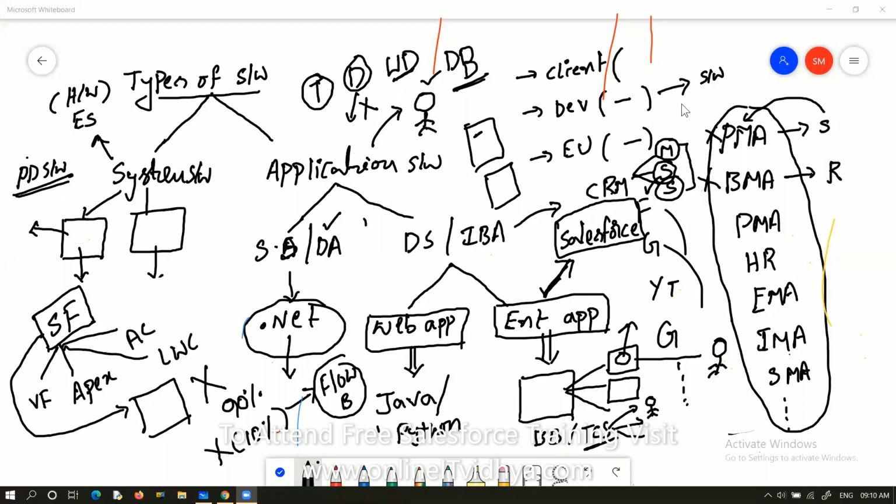Which technology is mostly used in Salesforce? No, actually Salesforce is one technology. In that one,